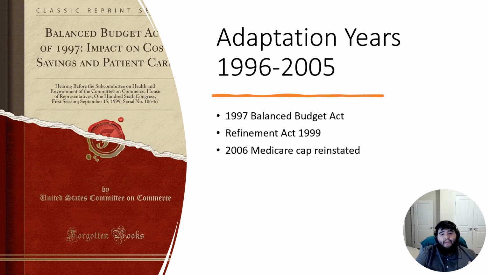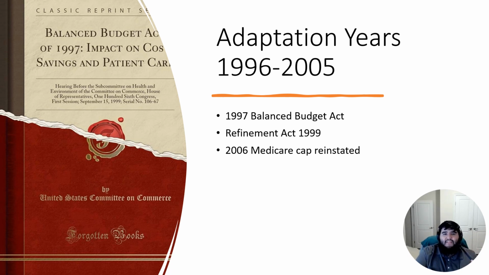It wasn't until November 1999 that Clinton signed the Refinement Act, which suspended the $1,500 cap for two years starting in January 2000. But the damage of the Budget Act had already done too much to the occupation of physical therapy. Physical therapists and PTAs were starting to become unemployed. Unemployment rates started going up, especially for physical therapist assistants, while pay and hours were reduced drastically. So the profession was going down as an occupation.